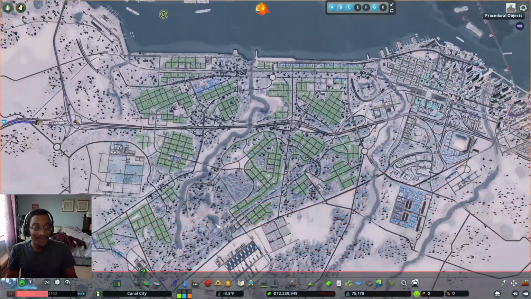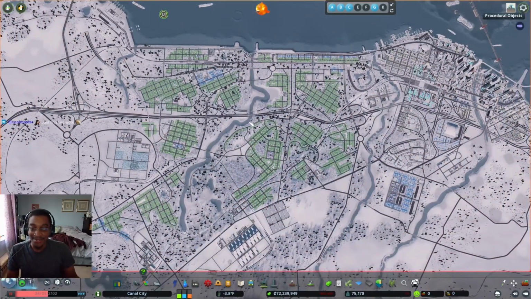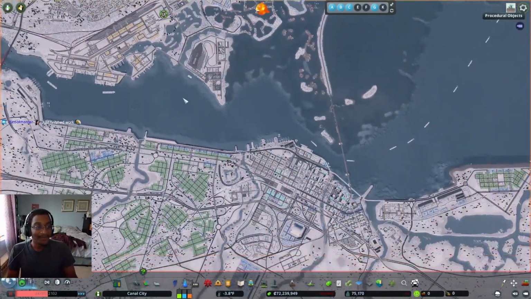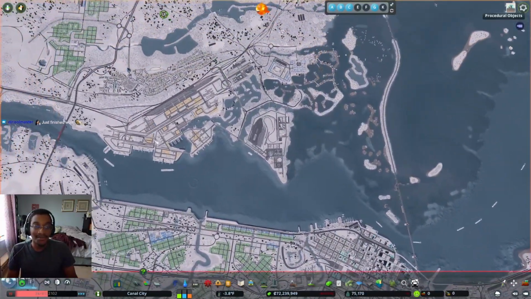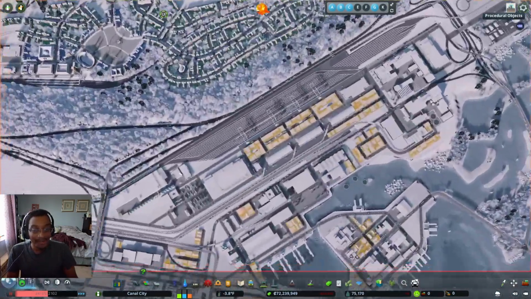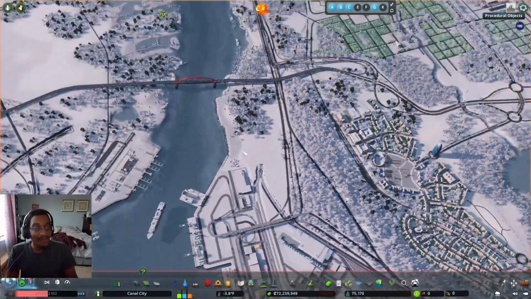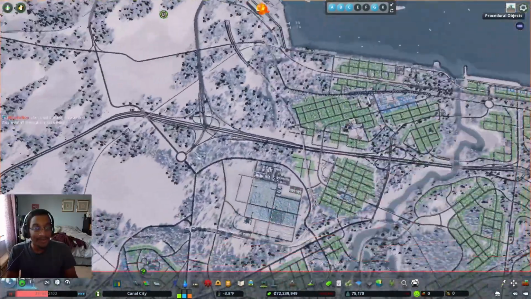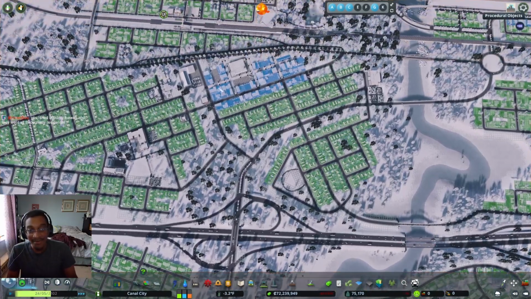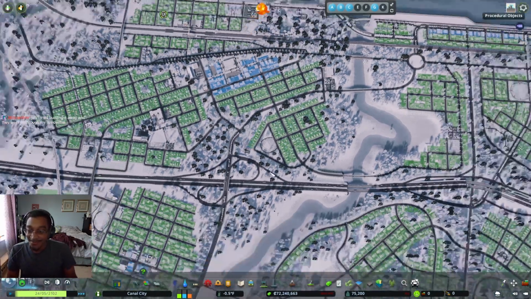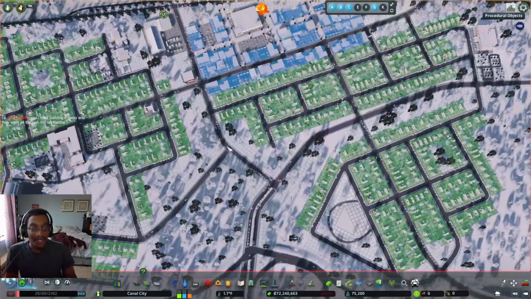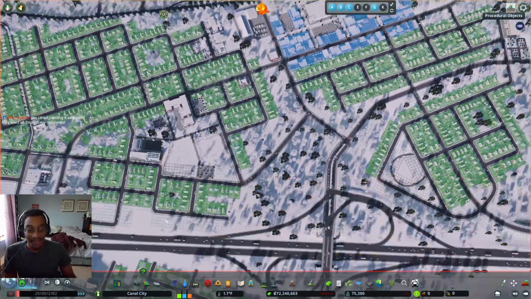So, in this case, I have no industry in here because I use Industries DLC all the time. But keep your industry, usually I'd keep it away from your city, honestly. But always put it by a highway. It's a lot easier. And then you can have your roads connect into the highway, and then kind of ship everything outward, which is always good. They will go through residential, depending on your road layout. I could say this, road layouts,